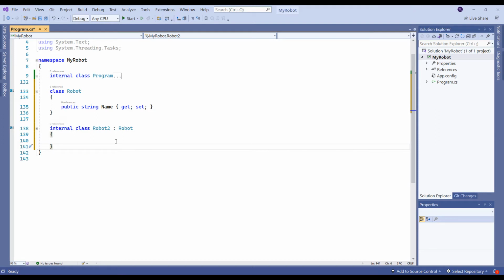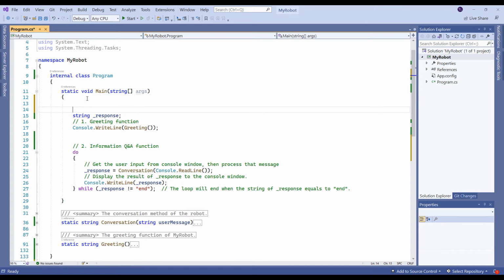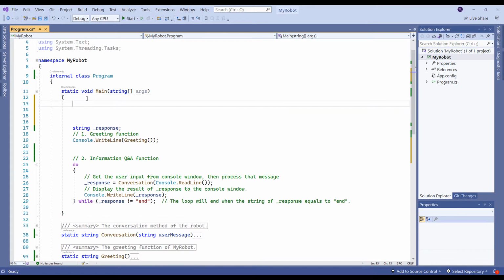Okay, let's try to call these two classes from the main method. I'm going to insert the new code at the beginning of the main method. First, we need to declare a new instance of the robot class and assign it to a variable with the type of robot. Robot _robot1 = new Robot();